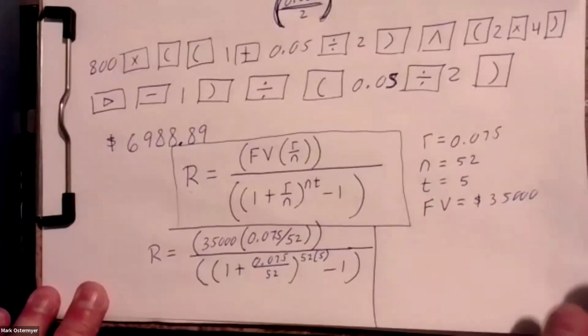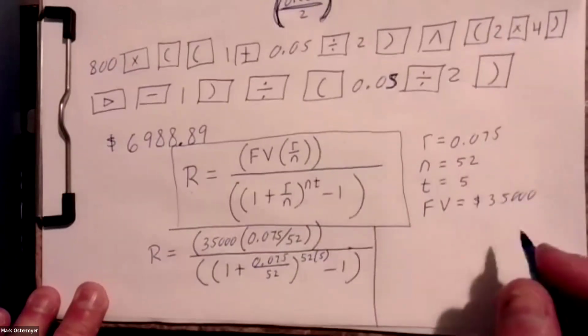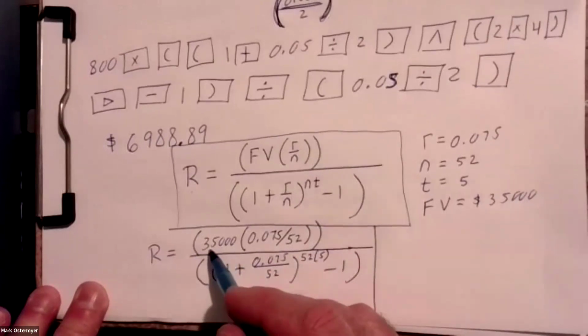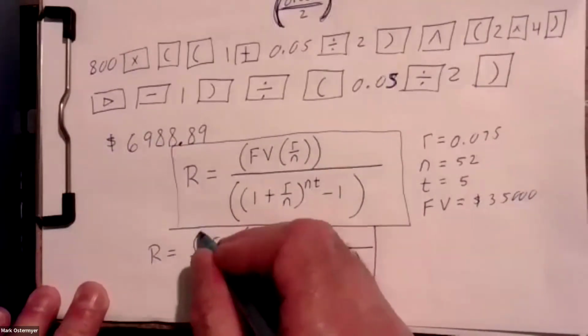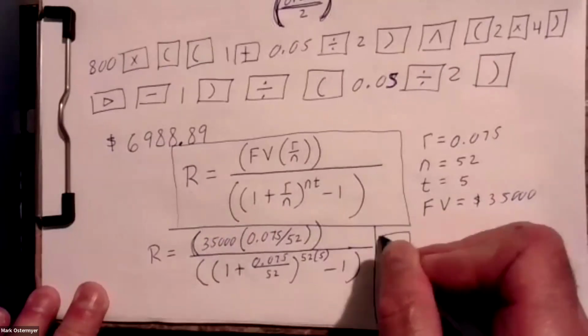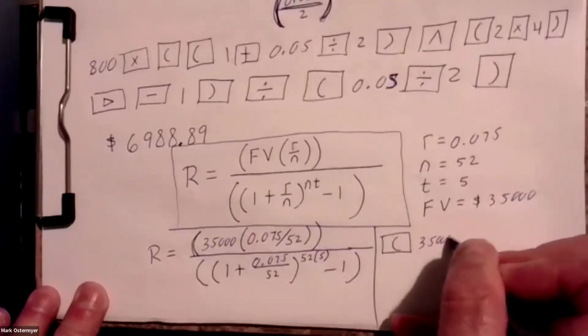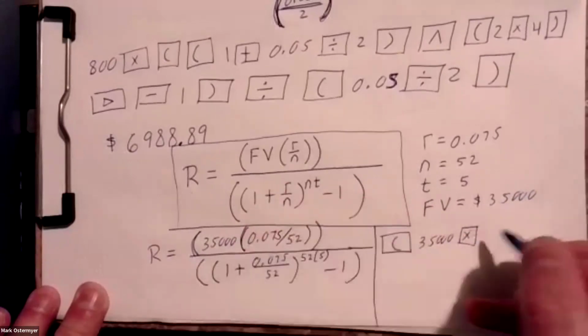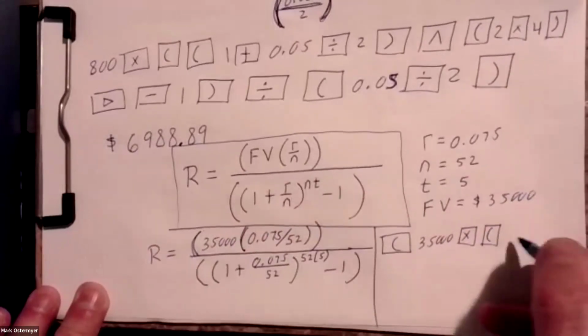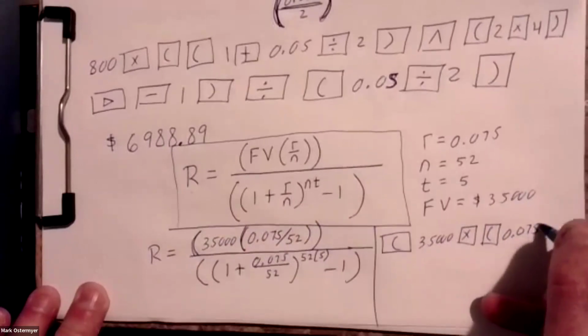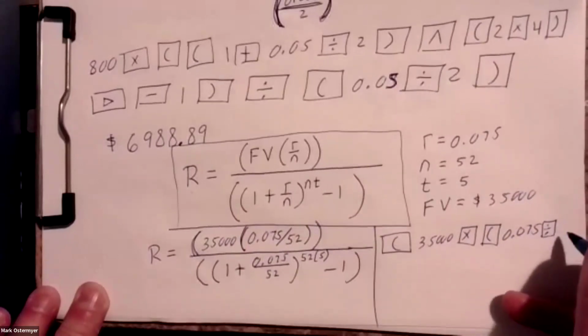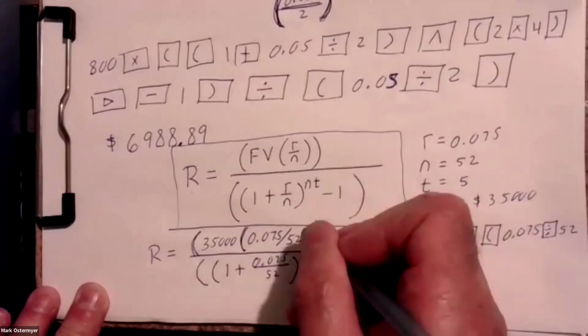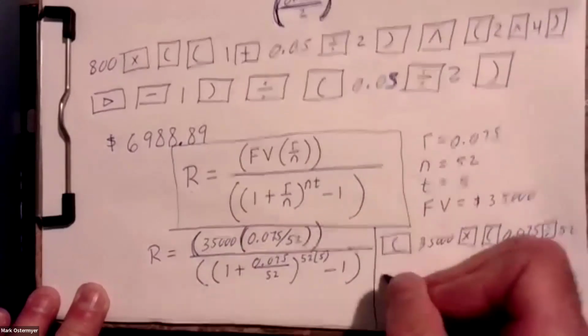Well, on the calculator, you would start by typing in an open parenthesis, open parenthesis, 35,000 times, open parenthesis, 0.075 divided by 52, close parenthesis,